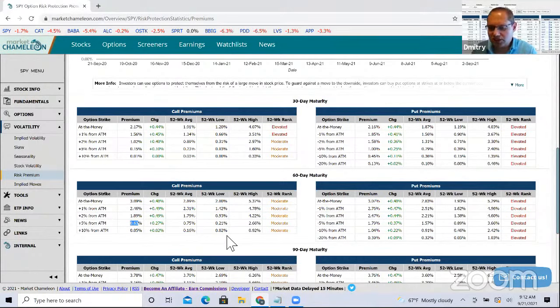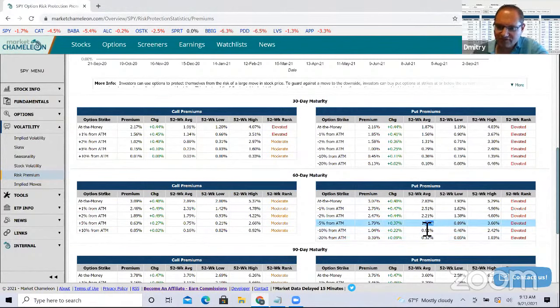So if we thought it was equal chance, then the call looks like a better deal, right? If there's an equal chance over time that it could go up as much as it could go down, then now the call seems like a good deal. But we could also compare that to the historical averages. Are we getting a good deal based on historical skew? And we could look at the historical benchmark.